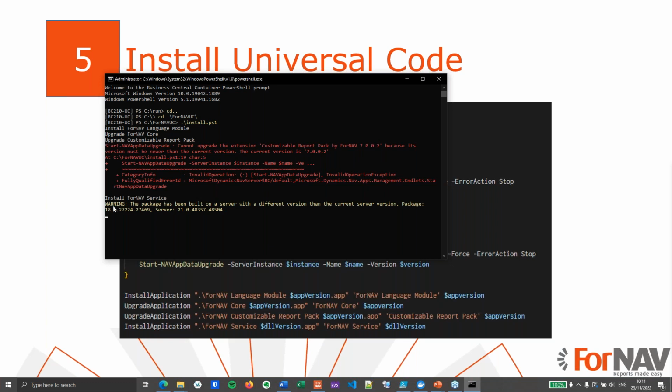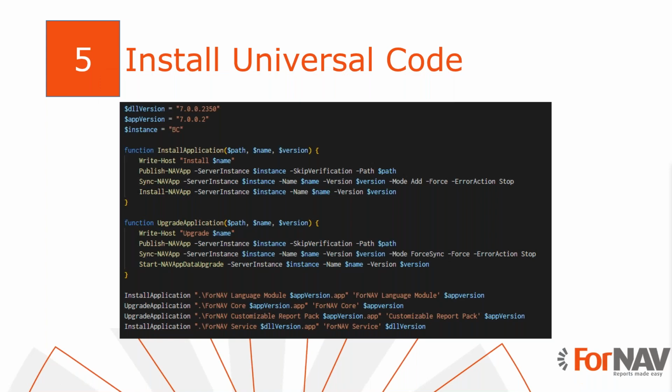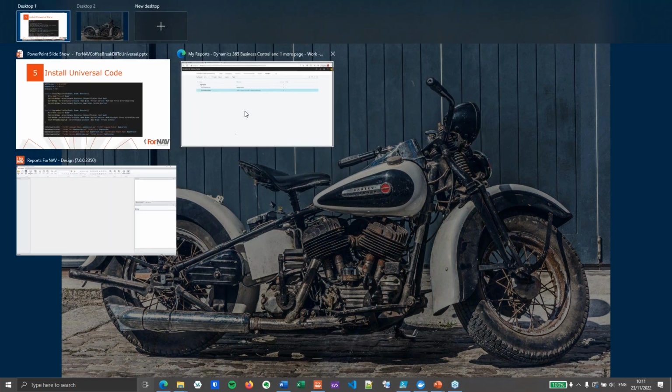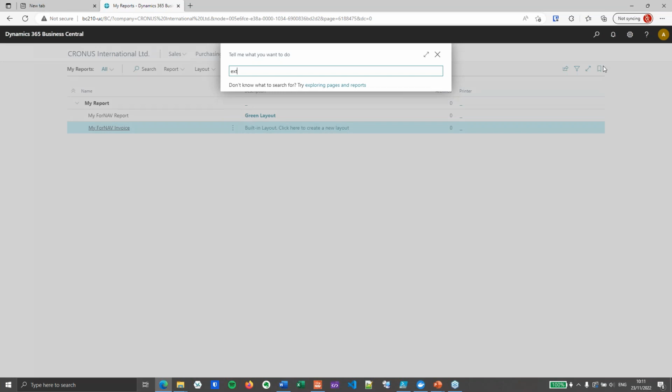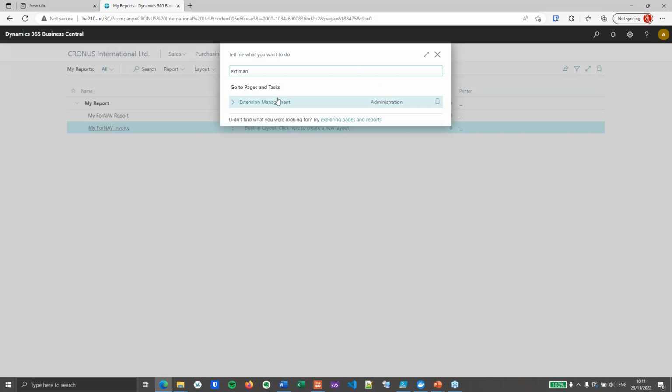And finally, we're installing the ForNAV service, where you get a warning that it's built on a different server with a different version. That's fine. There's nothing weird about that. So to address the issue we had with the customizable report pack, we will go to extension management in Business Central,